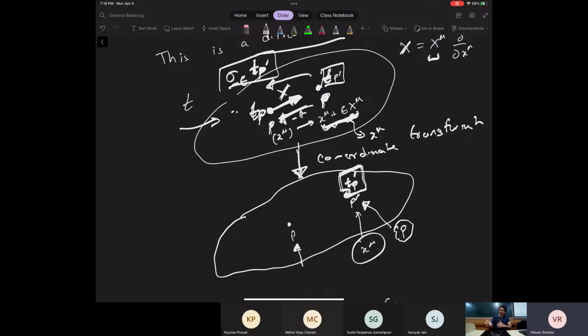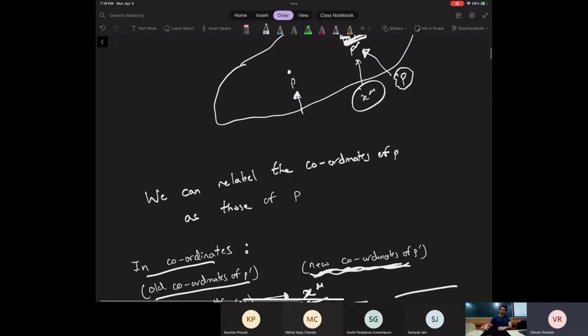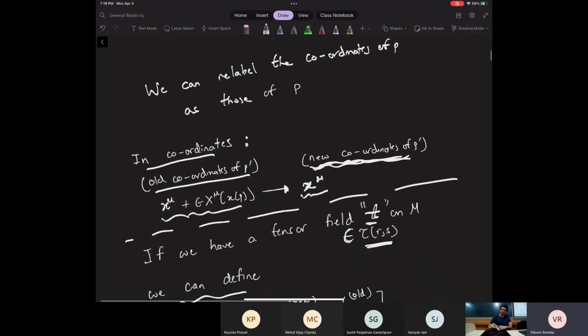So what we can do now is compare this TP prime after our coordinate transformation with the original TP at the point P. We can make this comparison. This is the same as comparing the pullback of TP prime with TP. So after this relabeling of coordinates of P prime, from x mu plus epsilon x mu to x mu,